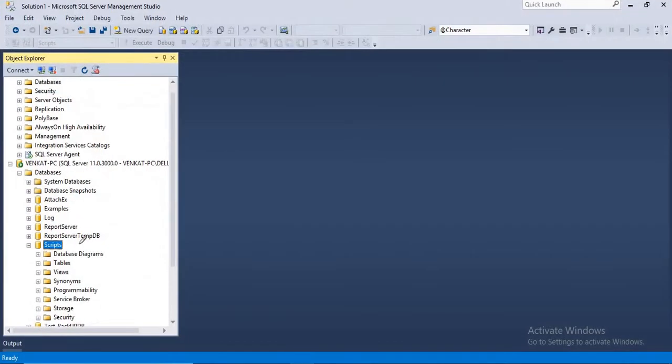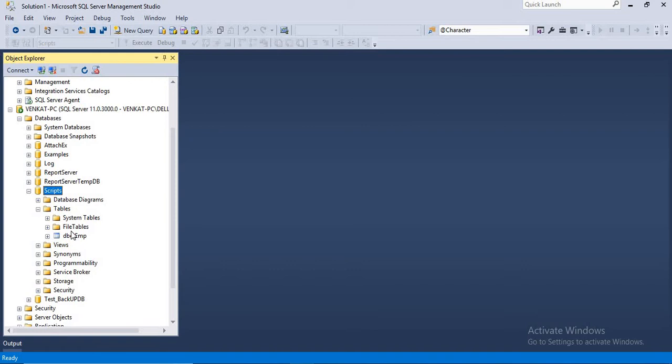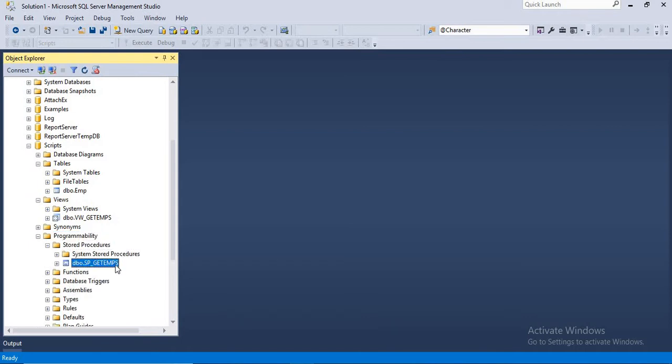Let's quickly go here. Let us refresh this, and we'll see what all the tables are. I have only one table. It is an example table only. I don't want to create complex stuff, but the process is the same here. So one table with the name employee, and one view with the name vw_get_emps, and one procedure with the name sp_get_emps. It is a very straightforward object. I'm not going to talk about the view structure or the procedure structure. Let's not keep the focus on that.